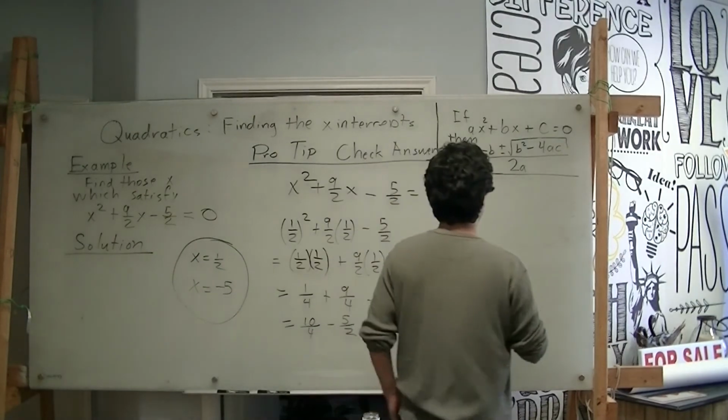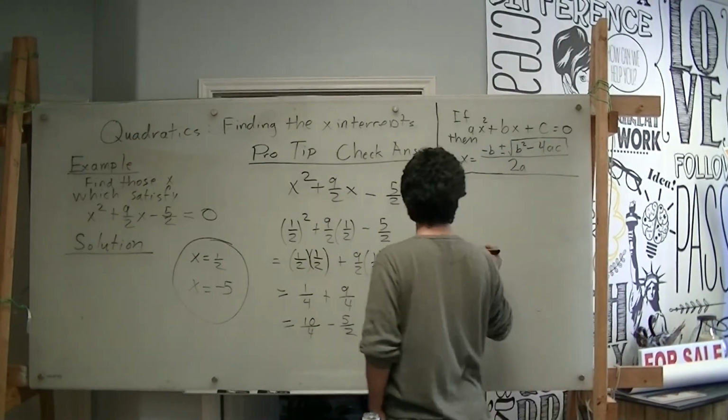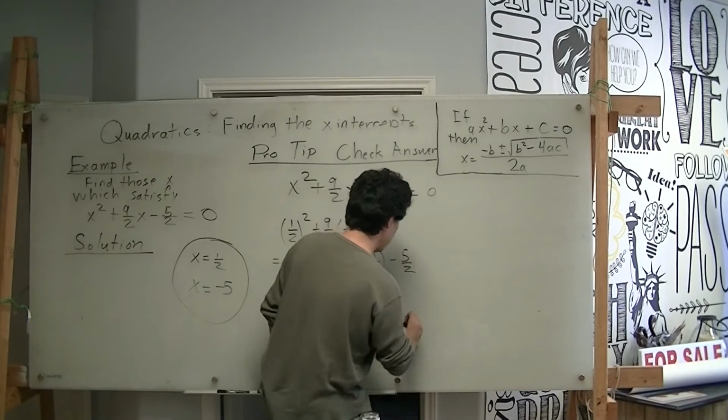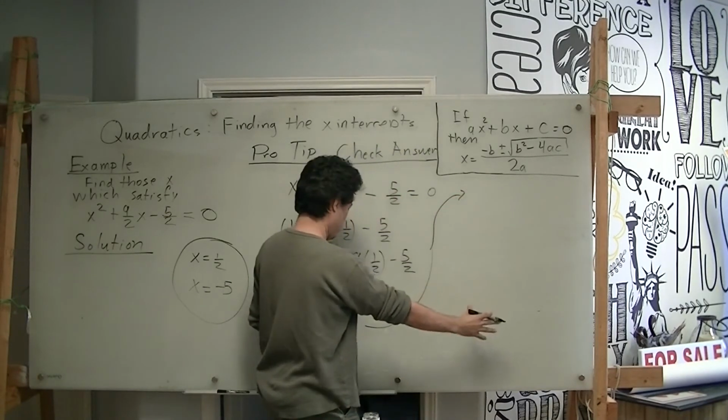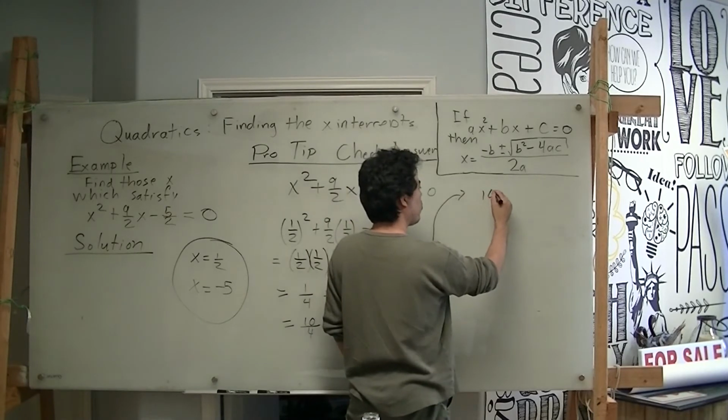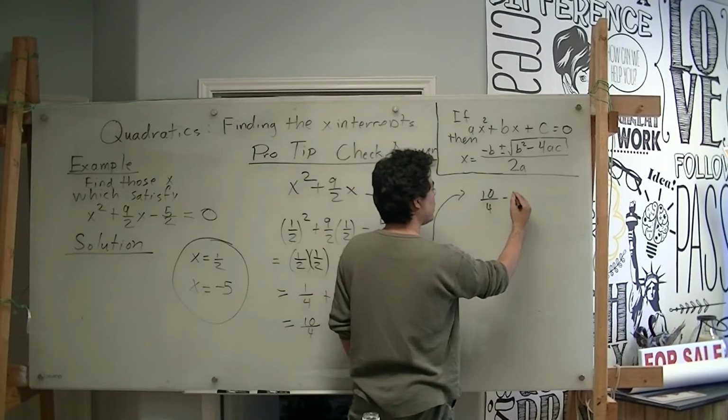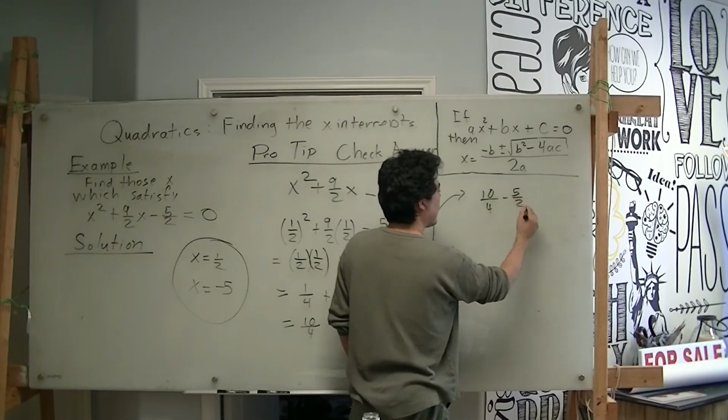And now I'm going to finalize this problem over here. So I'm going to bring this up here. I'm just going to copy it. And then I'm going to continue the calculation here. So 10 quarters minus 5/2. And I ask myself,